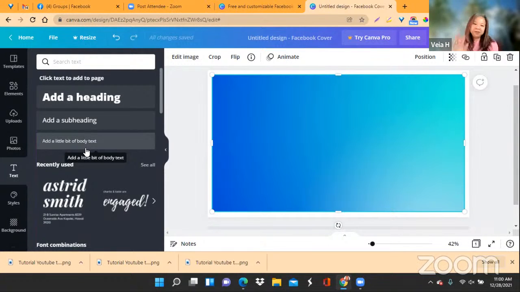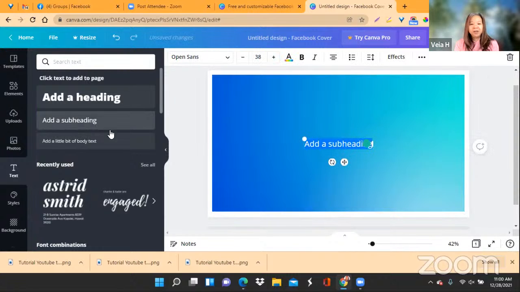That's just me, but you don't have to. So add a subheading. I normally use this one because you can change it anyway, so it's not gonna matter. The thing is, if you have so much to write upon, it will be so big that you have to redo it anyway. So I just use this one